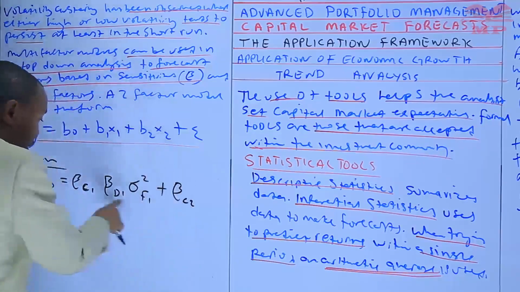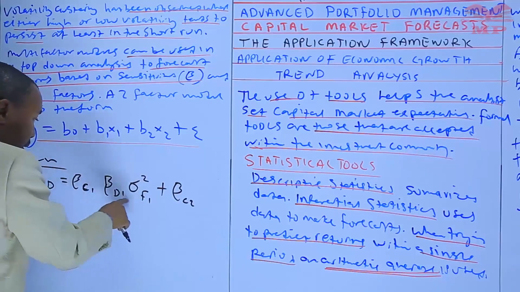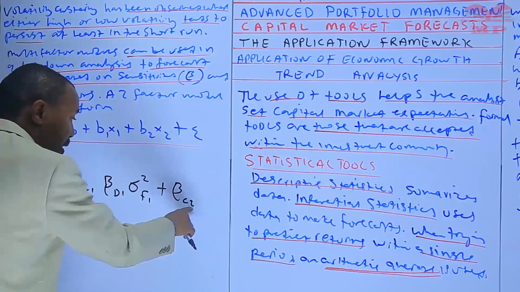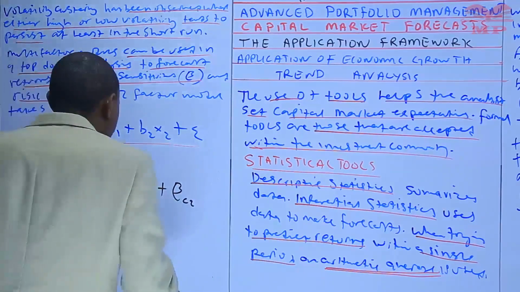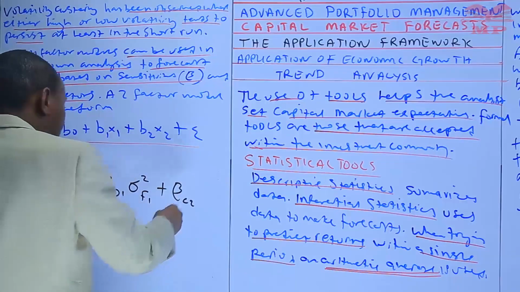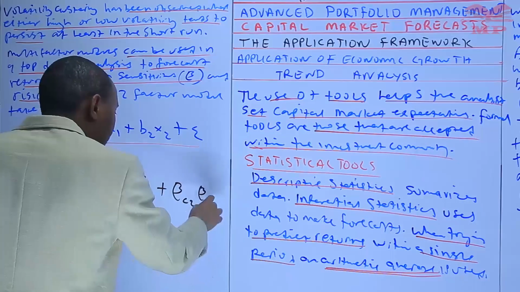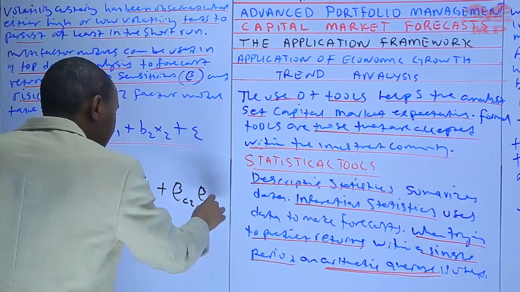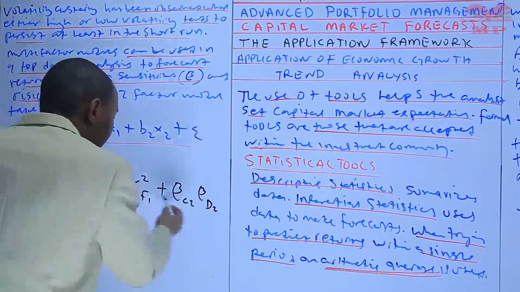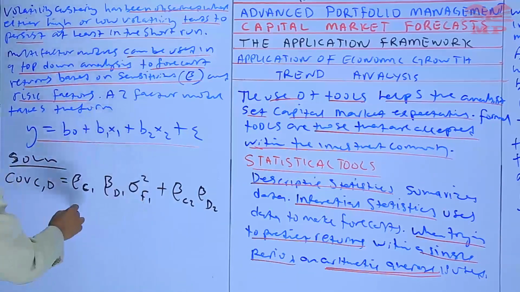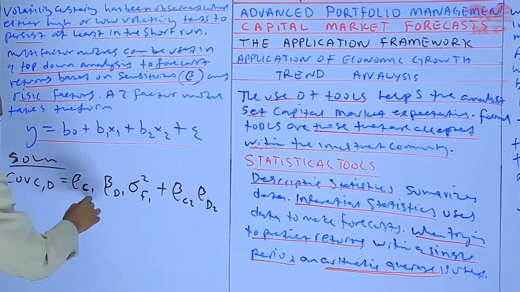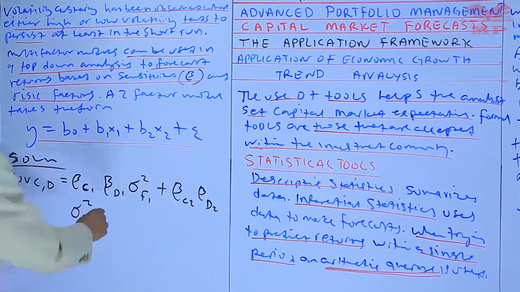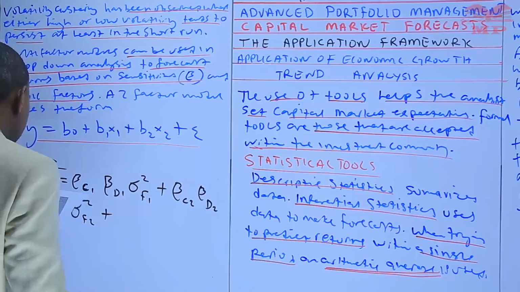This is the second factor, this is the first factor. So we do the same, but now for the second factor. Then we multiply that with the beta for market D, second factor. Then we conduct the variance of factor 2, like that. Plus, ladies and gentlemen, plus